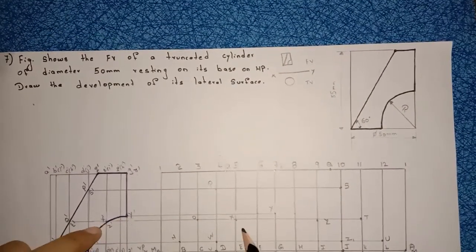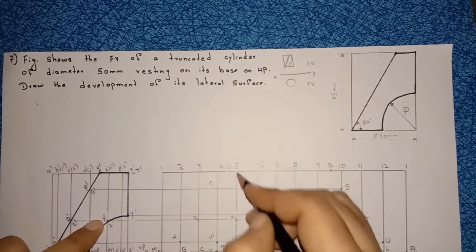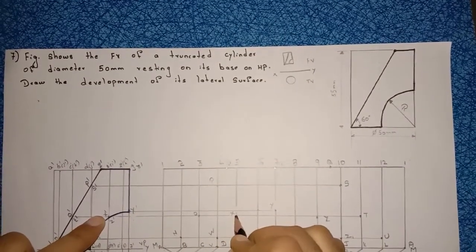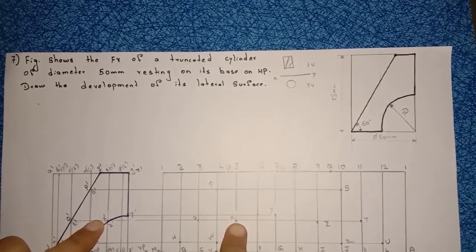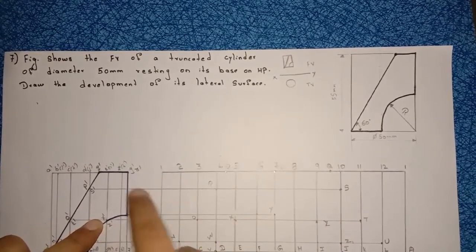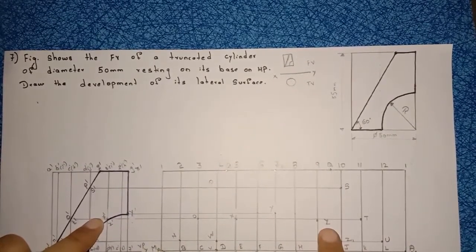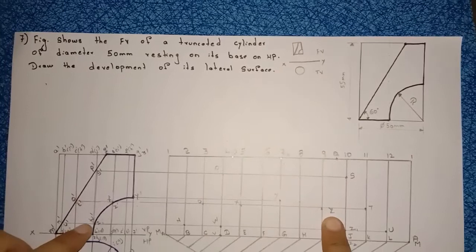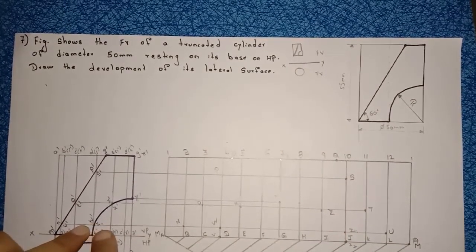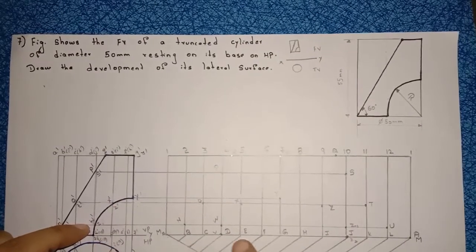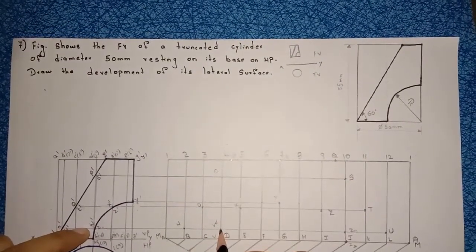Then next here X. X is in between E of phi. In between E of phi, I have marked the X point. Here also I have drawn the projectional line X point. Then next Z is in between I and 9. In between I and 9, I have marked here Z point. Then next W and Z1 dash. W is in between D and 4. In between here D and 4 I have marked W.